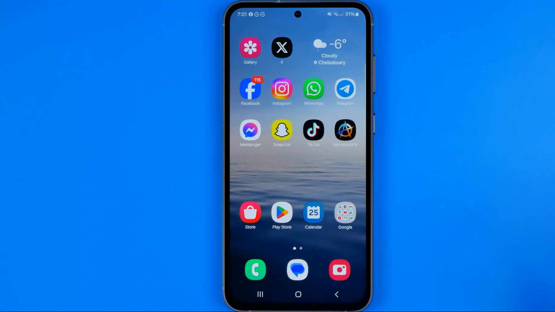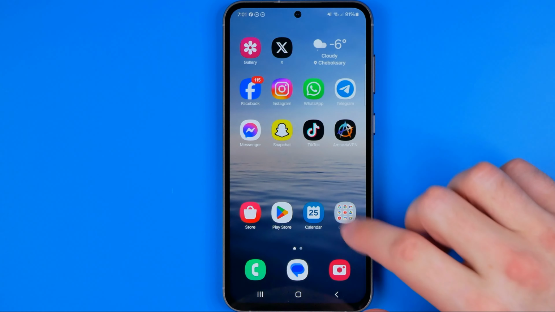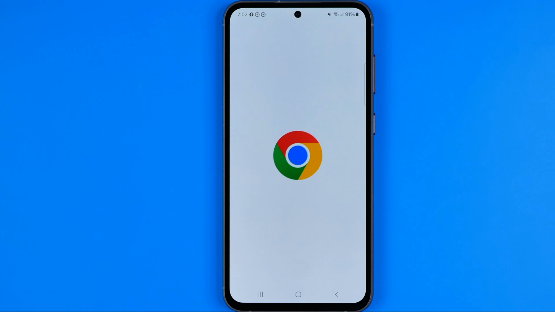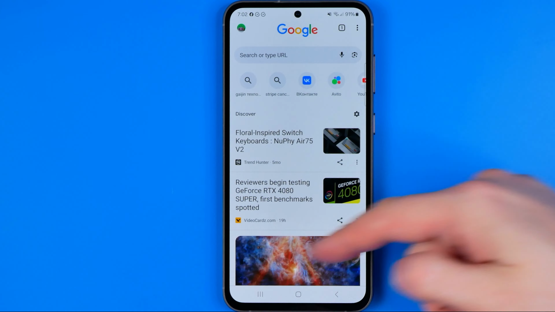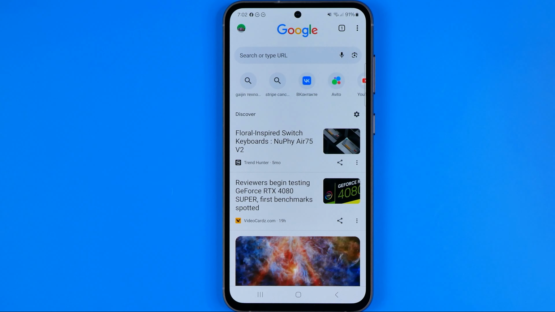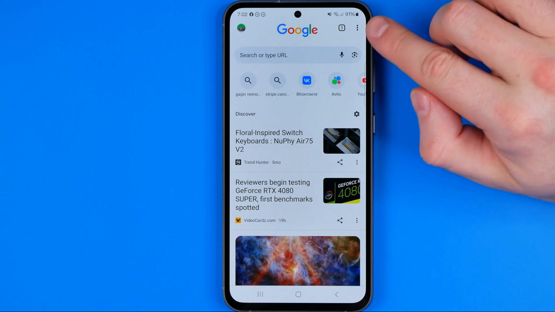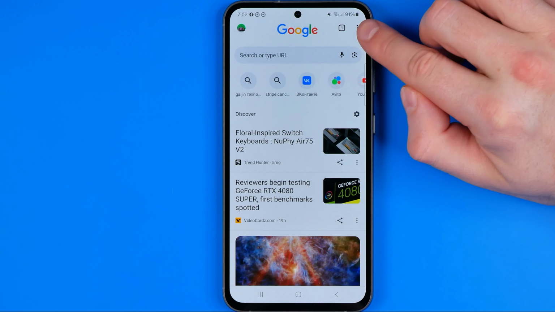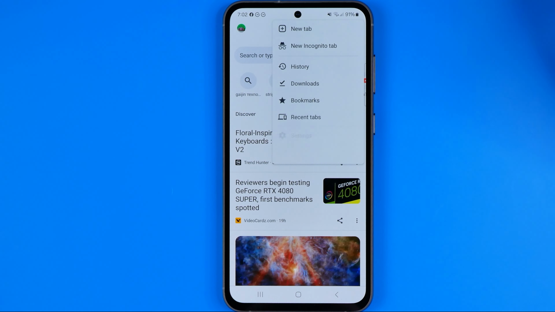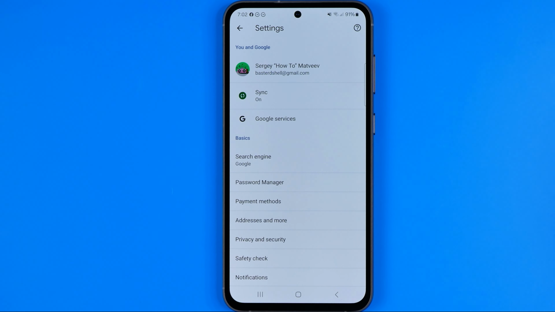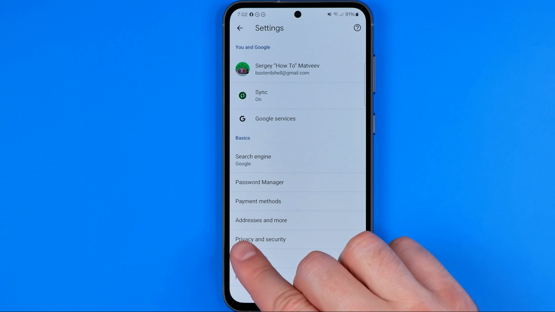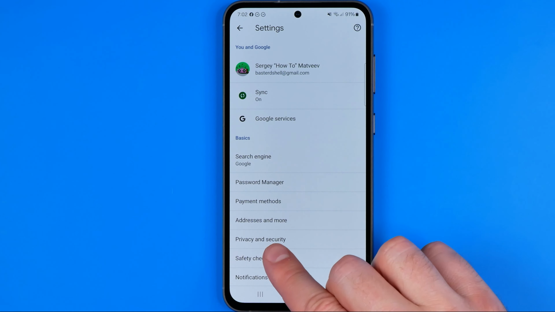Let's get started, guys, and first off we need to open up Chrome. Then make sure you are signed into your Google account here, and then first off we need to tap at these three dots and then head over to settings. On settings we need to get into privacy and security,